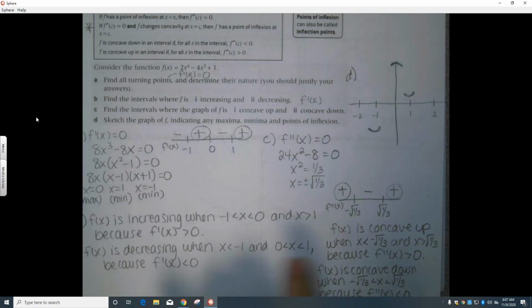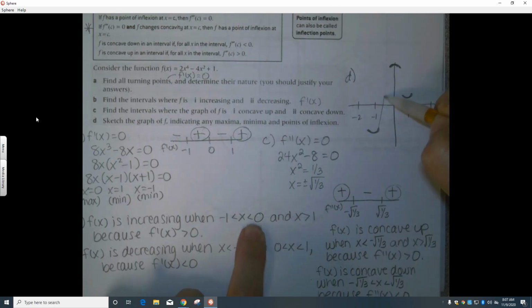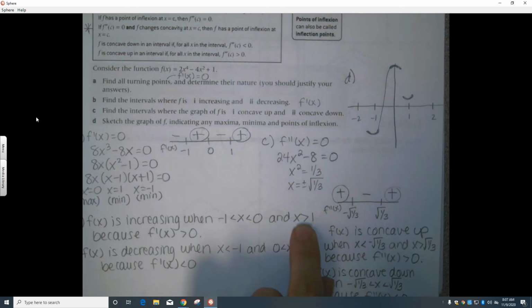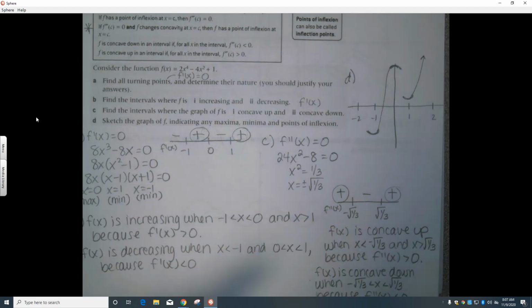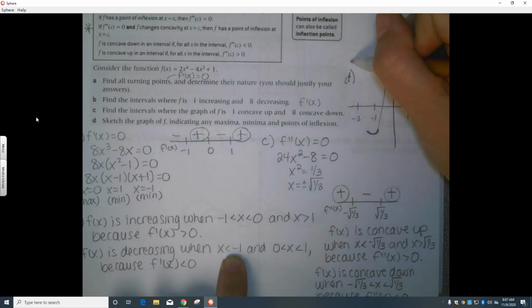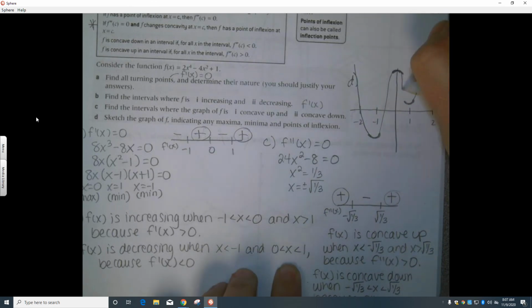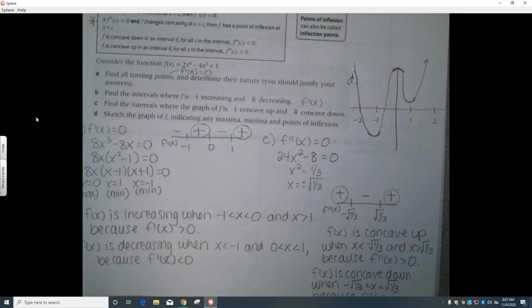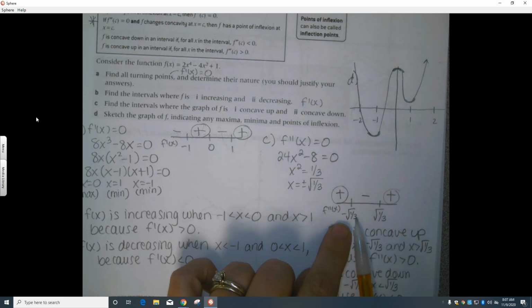And then here, I can see that my function is increasing between -1 and 0. So from here to here, it has to go up. And when x is bigger than 1, it has to go up. And I know my function is decreasing to the left of -1 and between 0 and 1. So far, so good. The only thing now that I need to check is that at -√1/3 and positive square